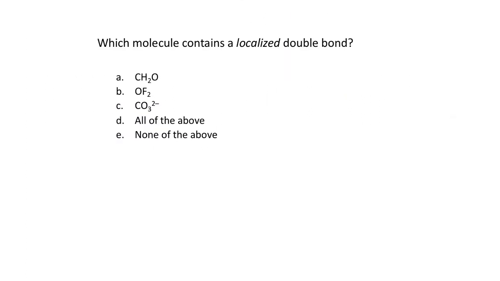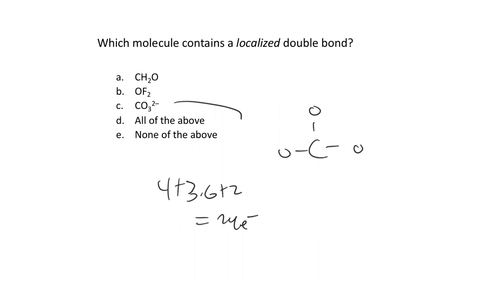Now I just want to make sure that we understand what a localized versus a delocalized bond is. The bonding in sulfate with the formal charge Lewis structure, nitrate, ozone, benzene, those are showing what we call delocalized bonding. So where you delocalize a bond is where you move it through the structure. That's what something like carbonate we'll see is doing. So carbonate is 4 plus 3 times 6 plus 2. So that's 24 electrons. So for carbonate, kind of just like nitrate,